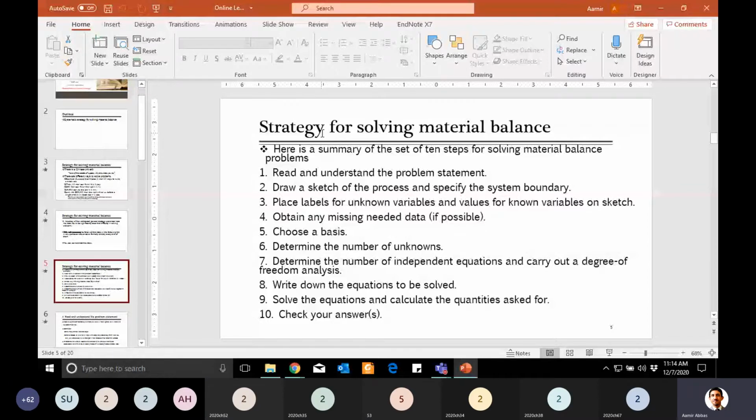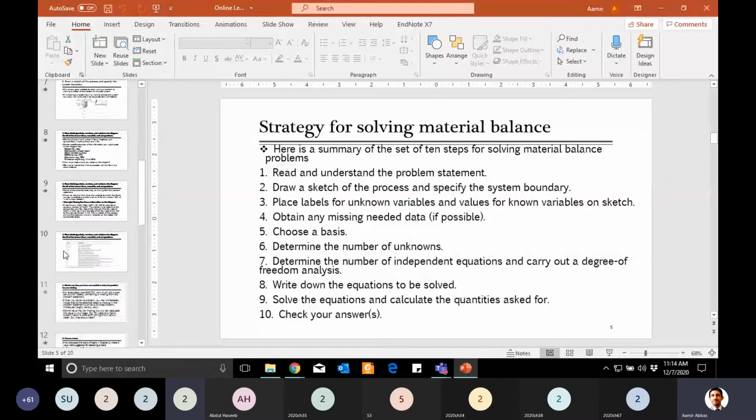Sometimes, for example, some question is about flow rate, and you take the basis of, for example, 1 hour, and then solve the problem. And I think last week we discussed one problem in which I told you that you can take different bases of time and you reach the same solution. So this is one thing. Then there was determine the number of unknowns. We discussed this last time up to here. I think we have discussed how to find the number of unknowns.